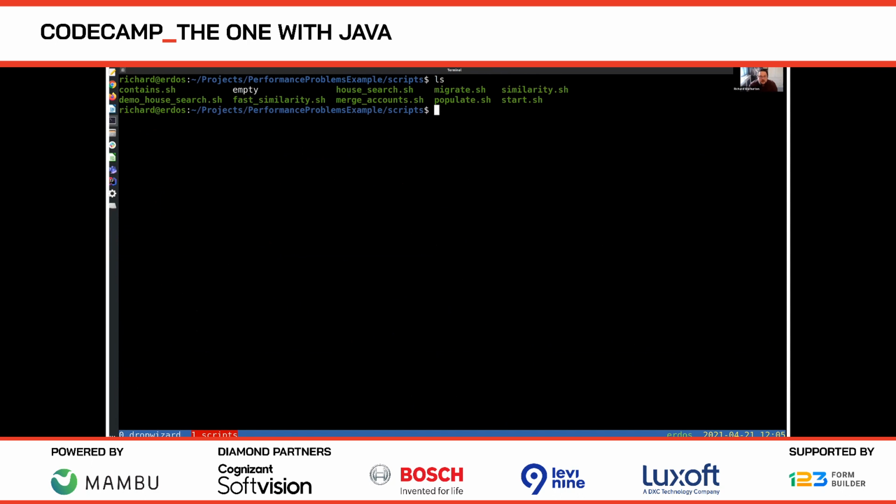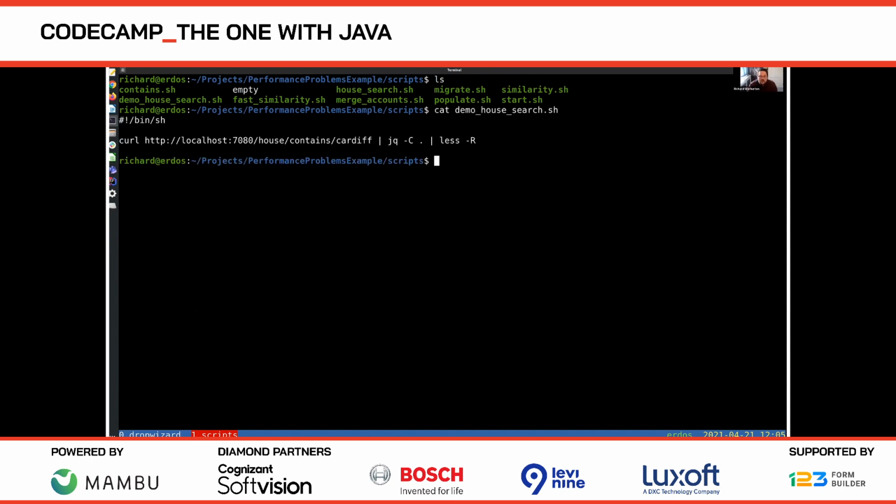I'm going to give you a quick demo of the kind of output it might produce. We've got a demo house search script here. That's just going to hit a local endpoint. I was born in Cardiff in Wales. So this is a system that's got a bunch of house price data loaded up into it, and we are going to have a look at the house price data in Wales, in Cardiff.